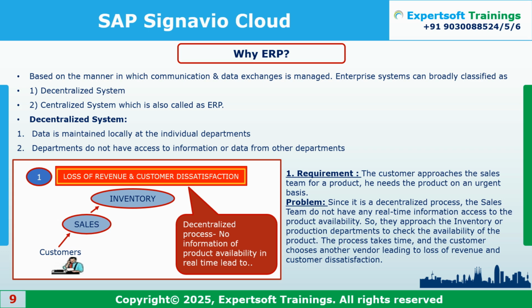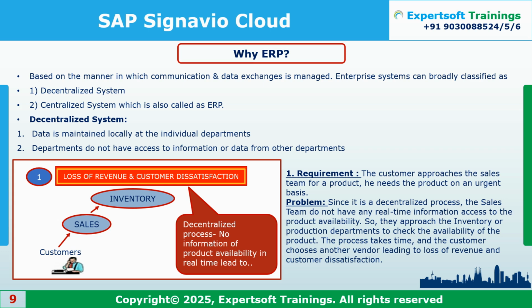Generally, why ERP? First thing, ERP stands for Enterprise Resource Planning. When technology had not evolved that much, decentralized systems were used. Every department used to maintain their data at different levels. Say, for example, the inventory or warehouse department used to manage their warehouse-related data, like how much goods they have in their warehouse. Whereas the same real-time data would not be available for